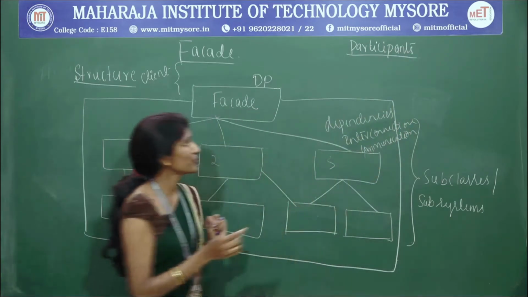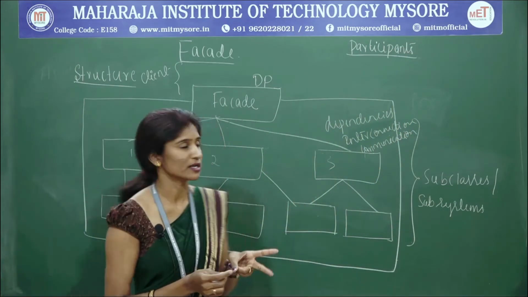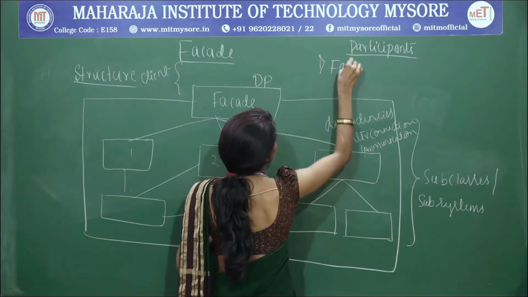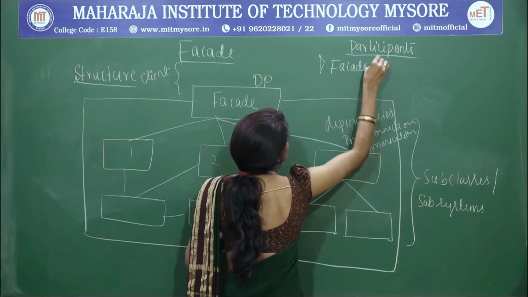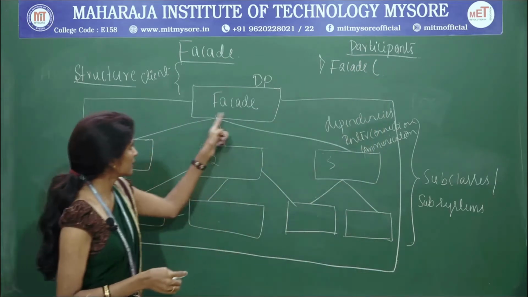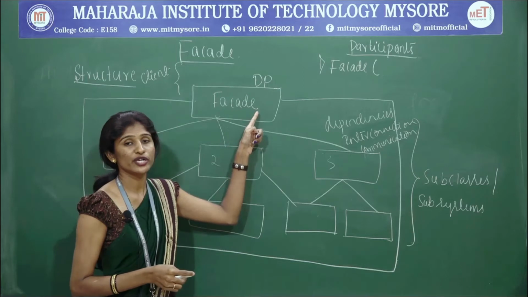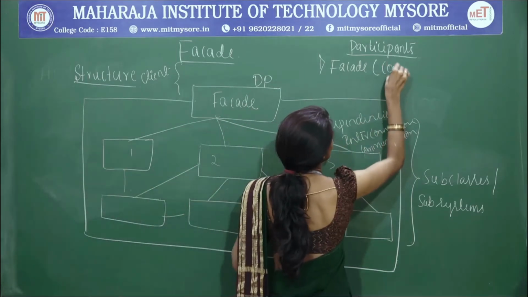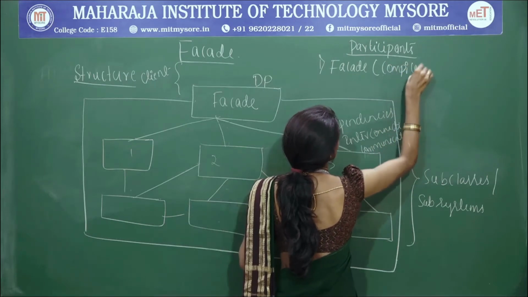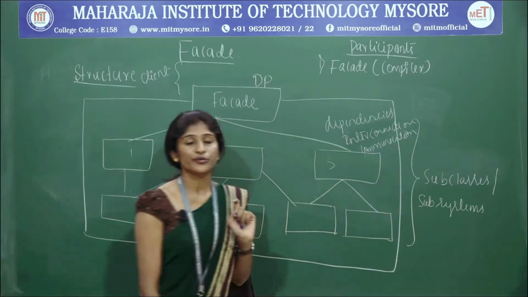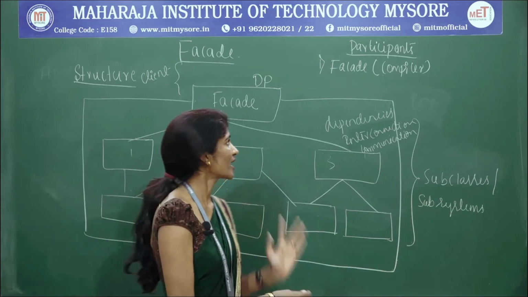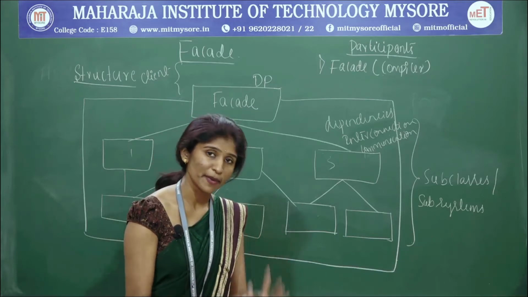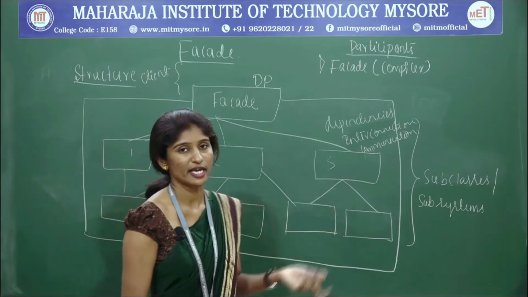Participants. So actually you have got only two participants here. So that is your facade. So you can just recall in this facade, in the motivation example, which name was there? That is compiler, right? Compiler was there. So you can just imagine now, facade is having resemblance to a compiler, or a compiler is having resemblance to a facade design pattern.